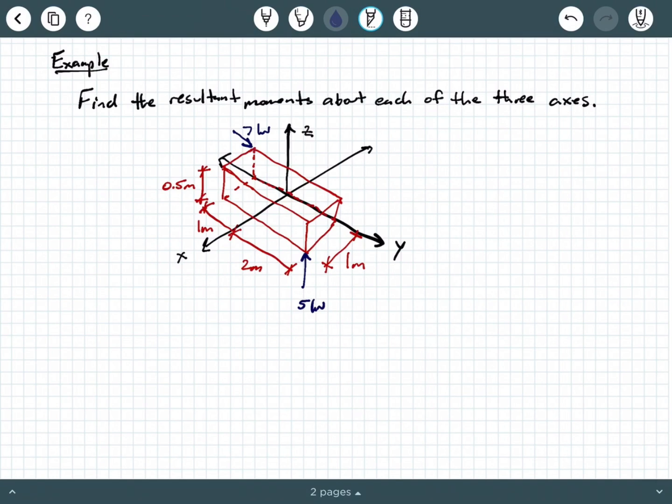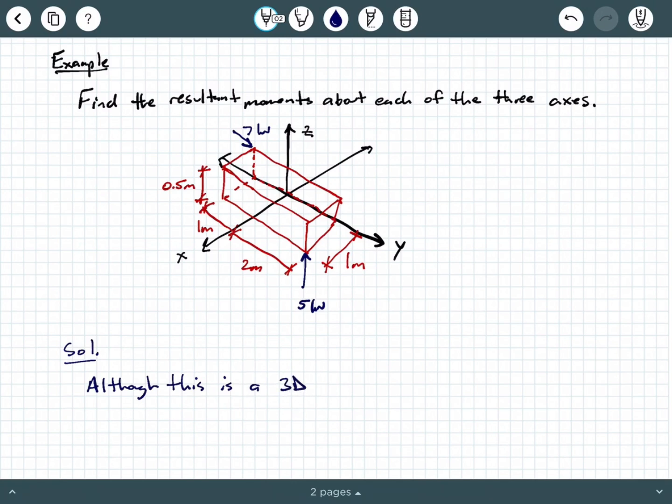All right, so what we have here is we're being asked to find the resultant moments about each of the three axes, and that's referring to the x, the y, and the z axes. All right, so what we have to do in this case is look at our perpendicular distances from these vectors to each of the axes. Now I'm going to make a little note here under the solution. I'm going to say, although